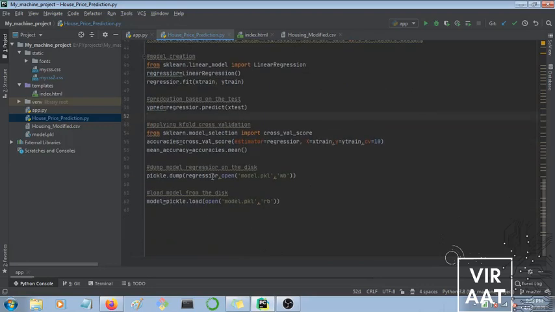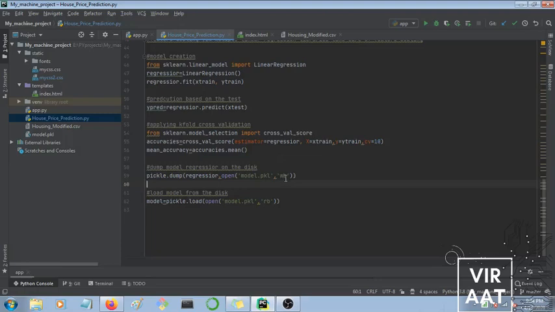So what pickle does is that it divides your model into chunks of data and stores them into your local files as bits of memory. So what it means is you need not train your model again and again to get the same result, or to predict a thing, when you can train it once and store it into the pickle, and from there the pickle file will store this regressor model. This is the regressor model. So the pickle file will store this regressor model into its file, which is called model.pkl, and this is the file name I have given to this pickle file. You can give any name and any extension you want.